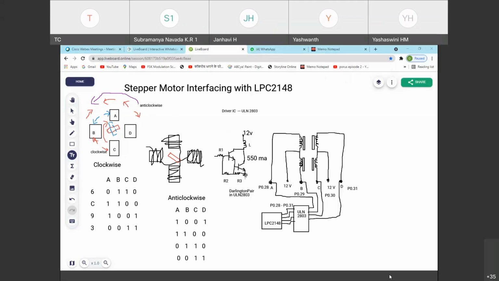Who is this? Subramanya, sir. Yeah, Subramanya, please do one thing. I'll be continuously going ahead. If you find that I'm not audible to you, or my diagram is not visible, you interrupt me, okay?